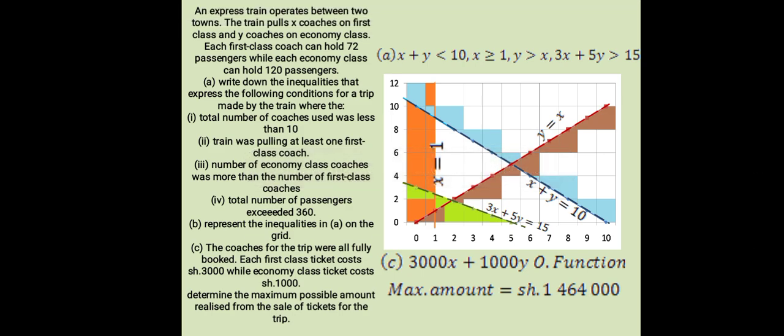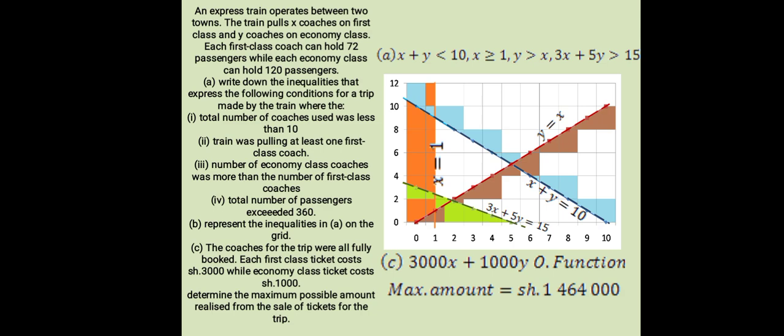An express train operates between 2 towns. The train pulls X coaches of first class and Y coaches of economy class. Each first class coach can hold 72 passengers, while each economy class coach can hold 120 passengers. A. Write down the inequalities that express the following conditions for a trip made by the train, where